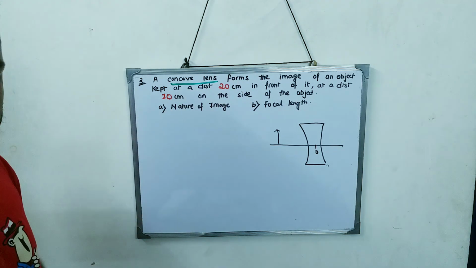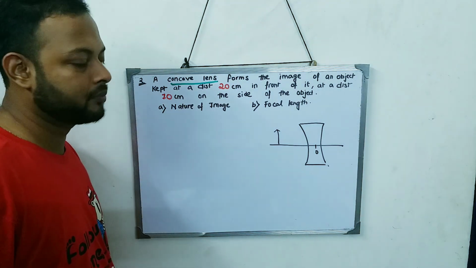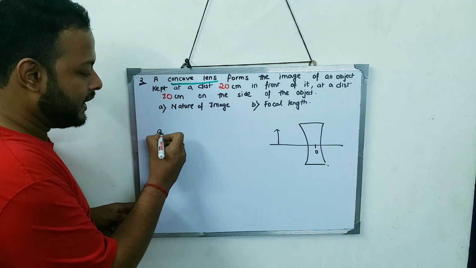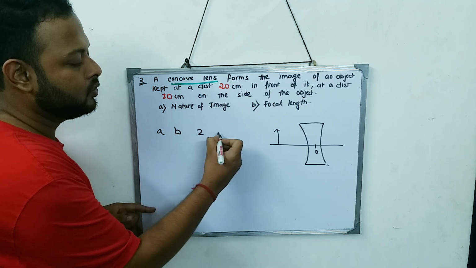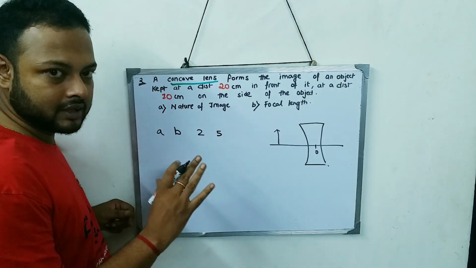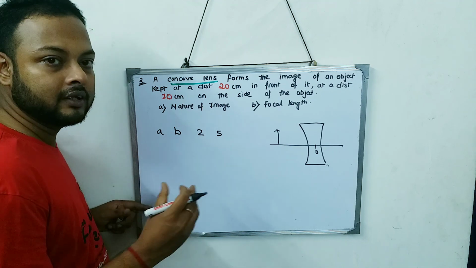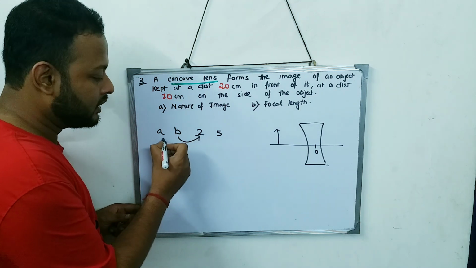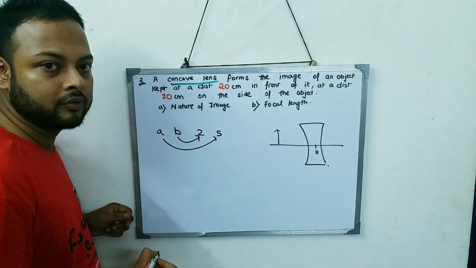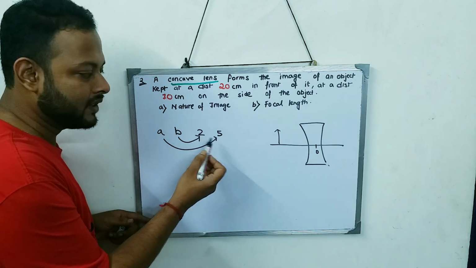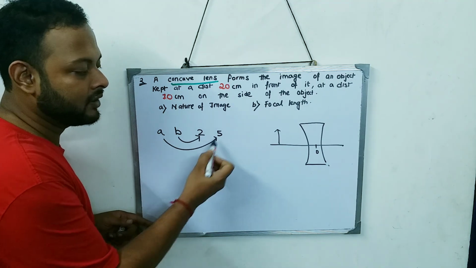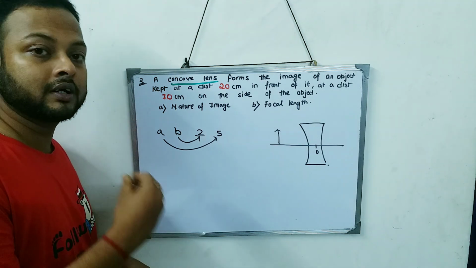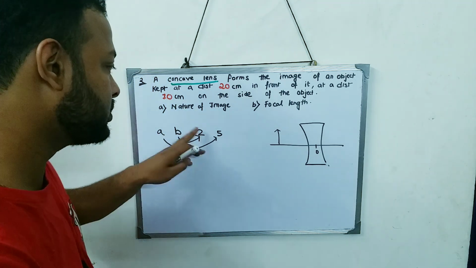But in this question, I will just show you a trick for how to approach the sum. Suppose A, B, 2, 5 is given. Suppose in a question something like this is given: A, B, 2, 5. Then you just see this B value is equal to 2 and the A value is equal to 5. Always like this you have to see the sum. This is a small trick which will be used not only in these sums, but there are other kinds of sums where you have to approach this way.